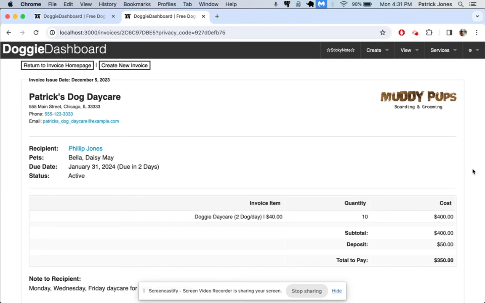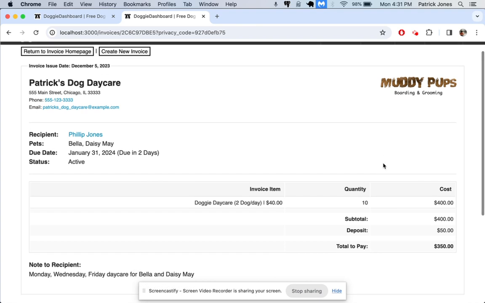Today I'm going to show you a new feature that's getting released after lots of user feedback. We are going to be getting rid of this deposit feature right here. And the reason being is that the deposit feature tends to cause some issues for people when they're doing invoice